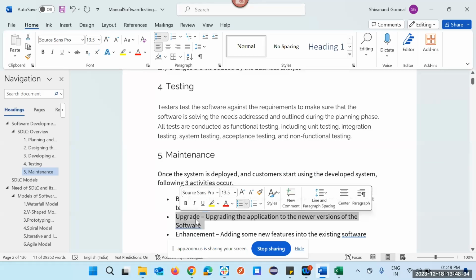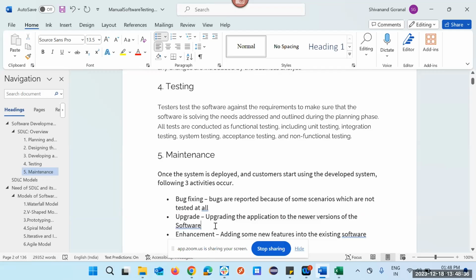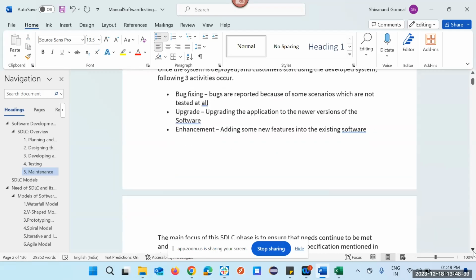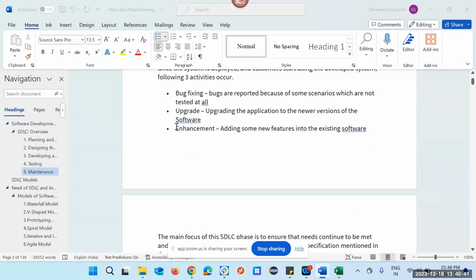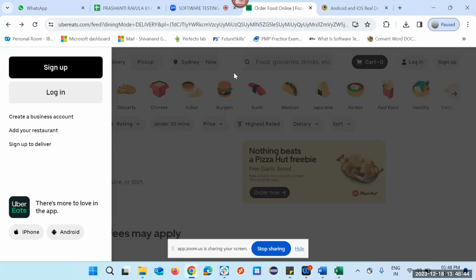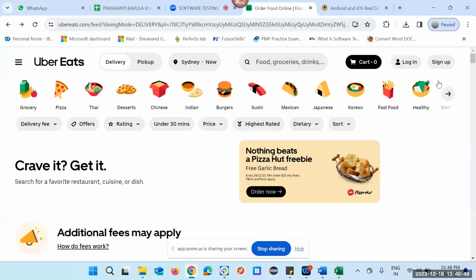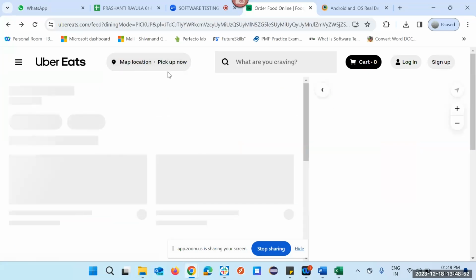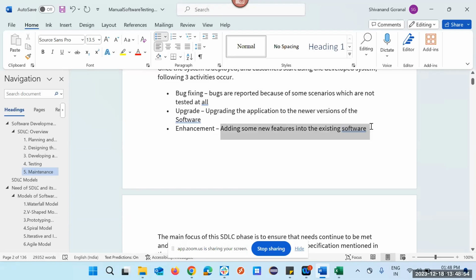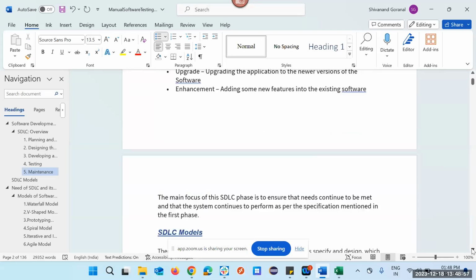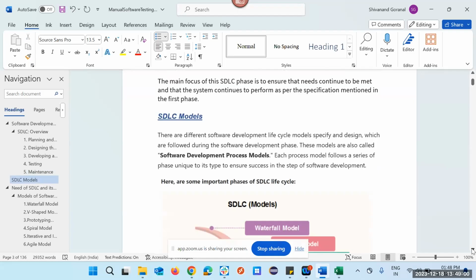And in future, if they want to widen their business, they will add one more option, right? Let's say they will give a pickup option as well, where you can go yourself, and initially it was not there. So adding new features will happen for existing software. That is how, whenever you update your software, some new features will be added. So these are the five steps they will carry out in any software company to develop the software application,